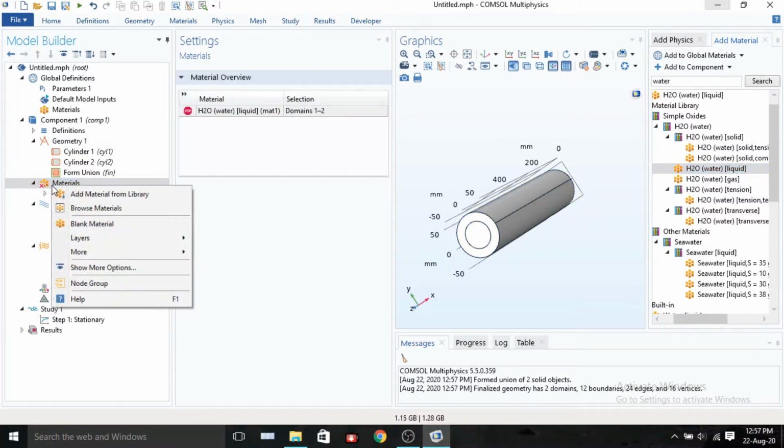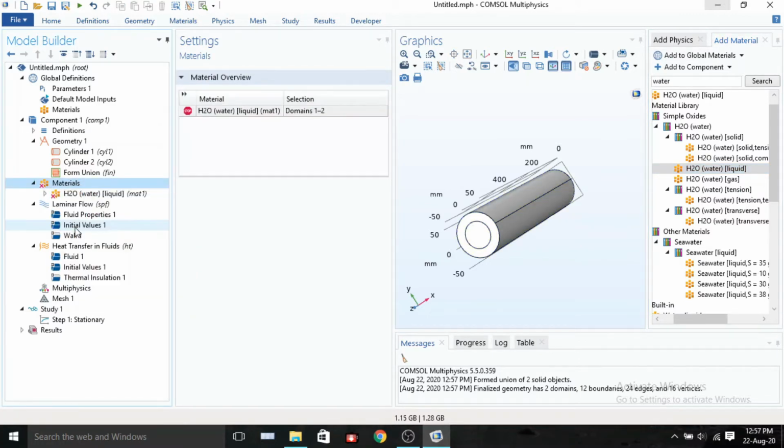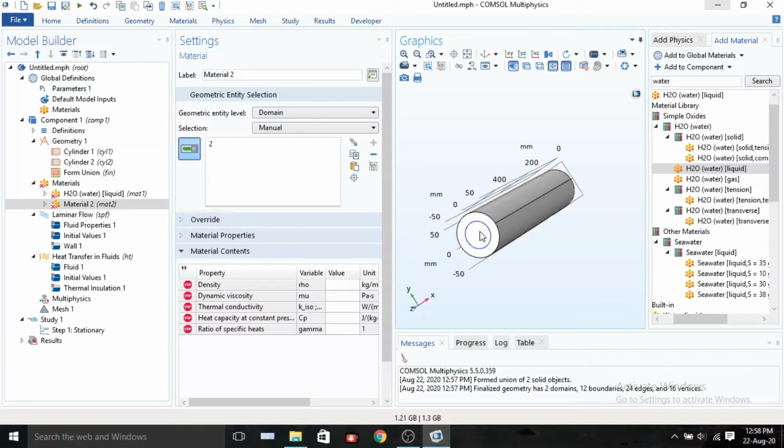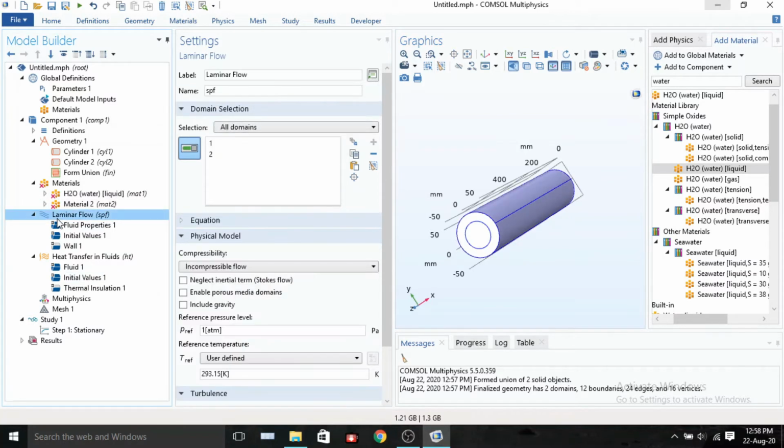And then use a blank material for this inner one. Now go to the laminar flow.